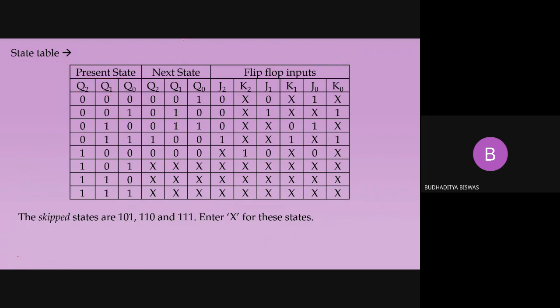So just look at the column of K2. Here you see every row either filled up by don't care condition or filled up by 1. No zeros are there. So that means if you want to draw the K-map for K2, then every cell is either filled up by 1 or the don't care condition. For your convenience, if you take the don't care condition as 1, then every cell of the K-map is filled up by 1. And in case of a K-map, if all the cells are filled up by 1, then what will be the expression? Simplified expression?